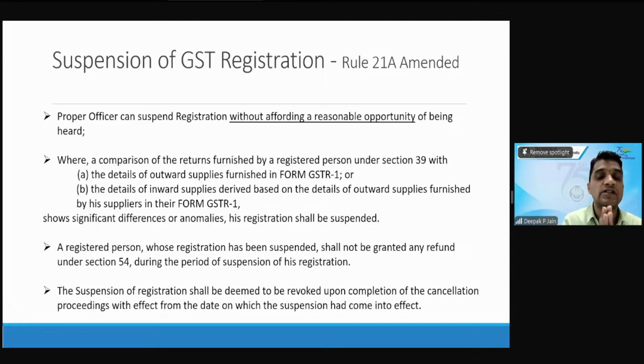जनरली क्या होता है, कुछ भी प्रोसीजर करना है तो ऑफिसर को आपको एक नोटिस देना पड़ेगा, आपको एक अपॉर्चुनिटी देना पड़ेगा। हर एक लॉ में ये मेंशन किया गया है कि अगर आपके खिलाफ सख्त कार्रवाई की जाती है तो आपको एक अपॉर्चुनिटी मिलता है, एटलीस्ट टैक्सेशन लॉ में। तो हर चीज के लिए एक शोकॉज नोटिस देते हैं और आपको एक अपॉर्चुनिटी देते हैं। लेकिन इन दो केसेस में आपको अपॉर्चुनिटी नहीं दी जाएगी, क्योंकि आपके रिटर्न्स में क्लियरली दिख रहा है कि आप जीएसटी प्रोविजंस वायलेट कर रहे हो, आप GSTR 1 में ज्यादा दिखा रहे हो, टैक्स पे कम कर रहे हो, आप फेक इनवॉइस में इन्वॉल्व हो चुके हैं। तो फिर आपको बिना नोटिस के आपका रजिस्ट्रेशन सस्पेंड किया जाएगा।